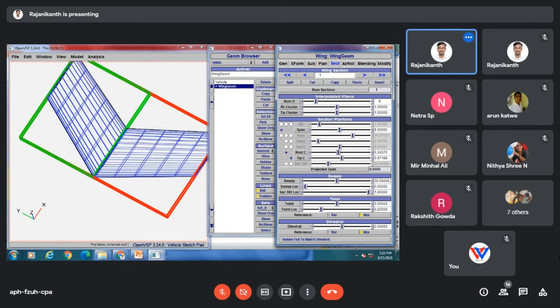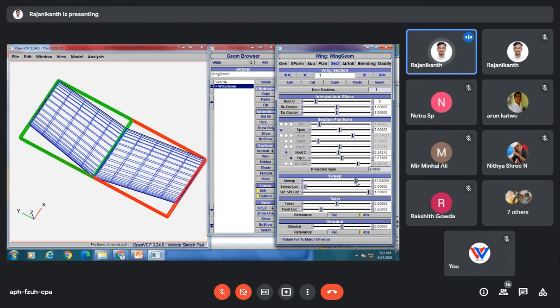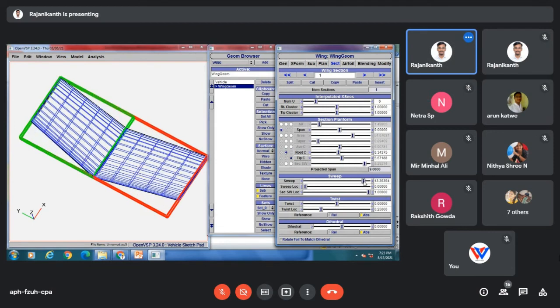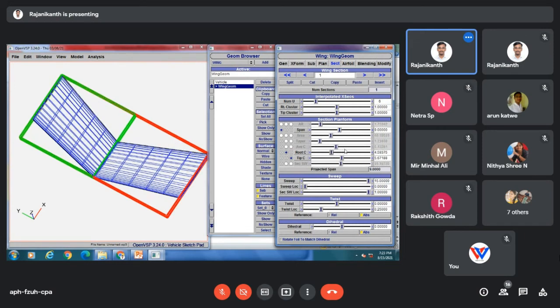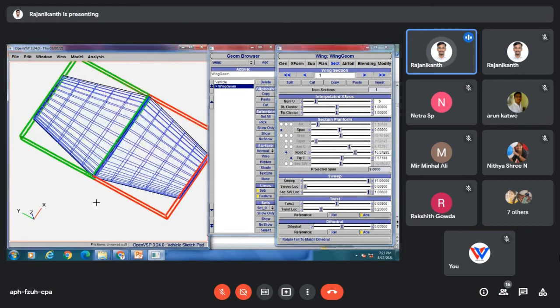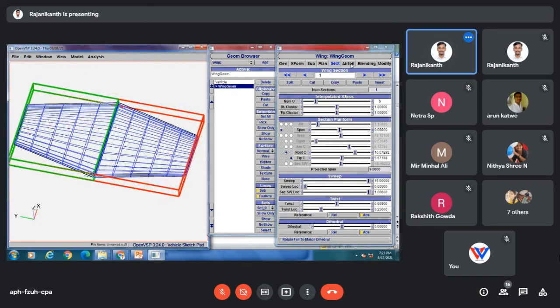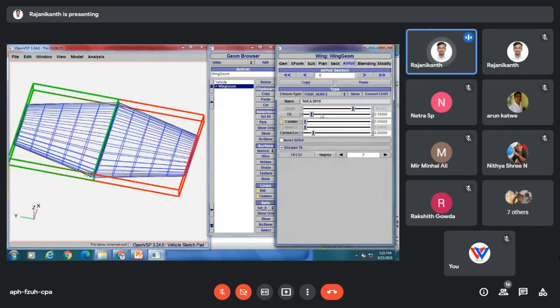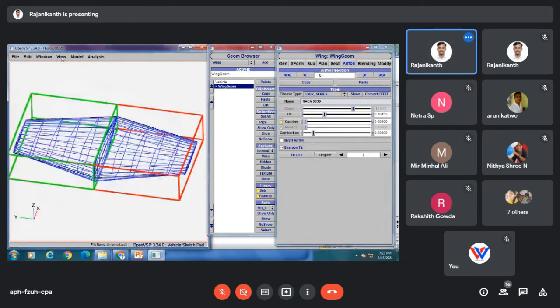So I'll just use a 5° sweep angle. Okay, let's go with 15°. Yes, so here we have taper leading edge and taper trailing edge. You can come to the section and increase the thickness to chord ratio if you want to, otherwise just keep it as it is.